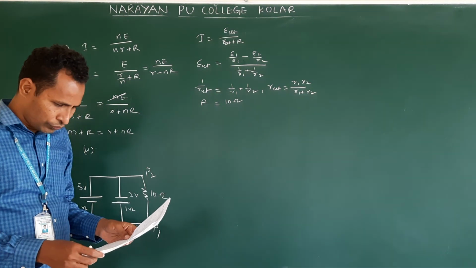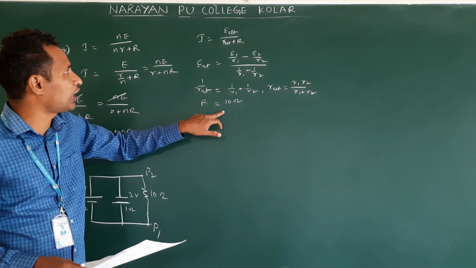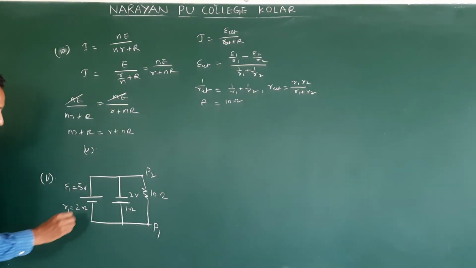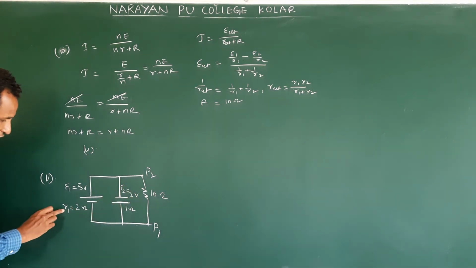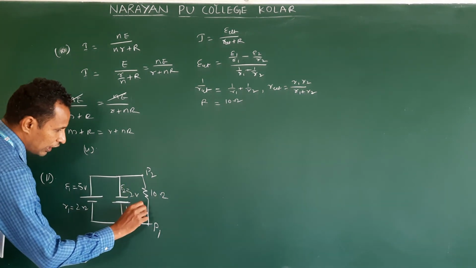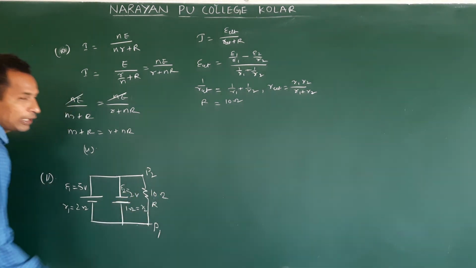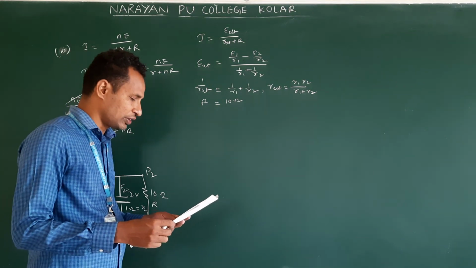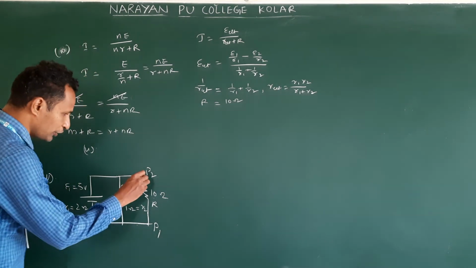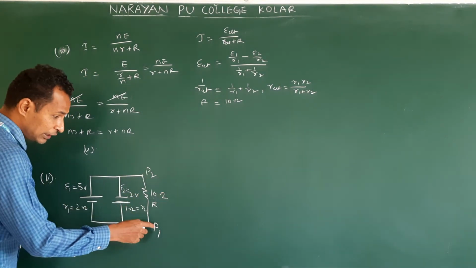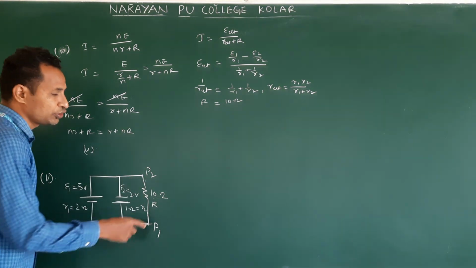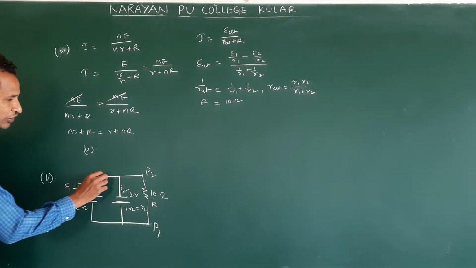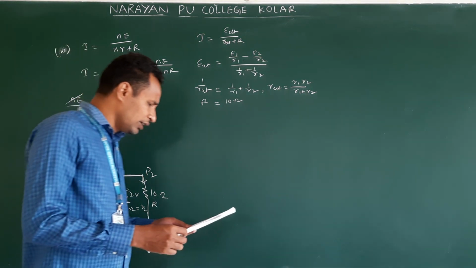Right? So if you substitute the values: E1 is 5 volt, R1 is 2 ohms, E2 is 2 volts, R2 is 1 ohm, and this is capital R. Substitute the values and you will get the answer. The answer is the second option, 0.03 from P2 to P1. If you get a negative answer, then the current is from P1 to P2, but you will get positive only, so P2 to P1. The reason: which is dominating here, 5 volt or 2 volt? 5 volts is dominating, so current flows this way. Next, 12.